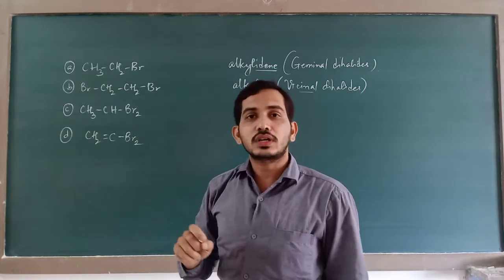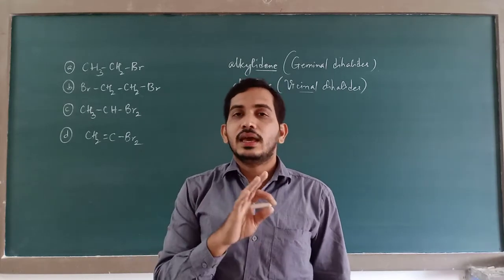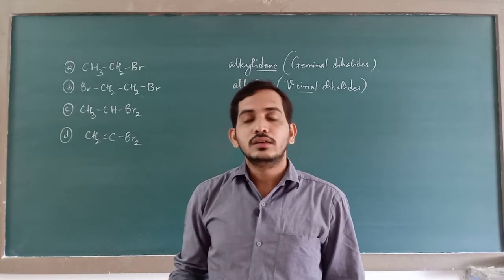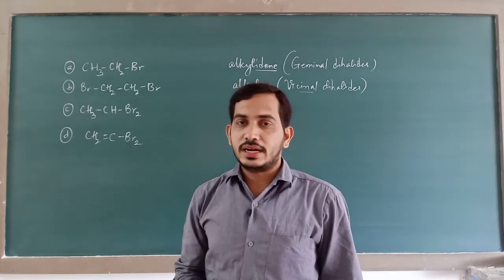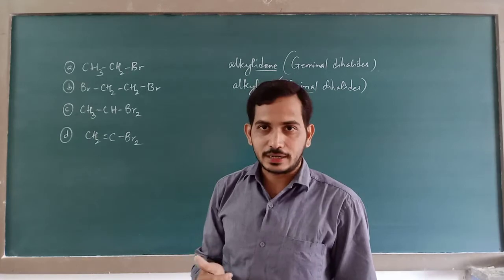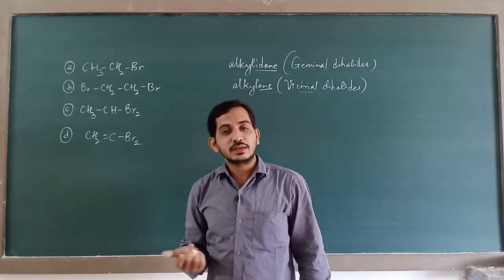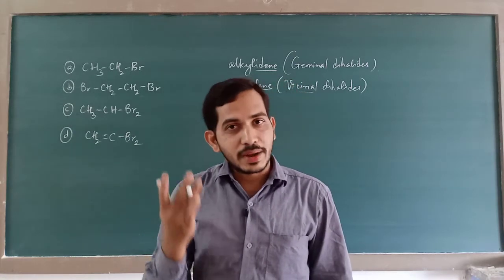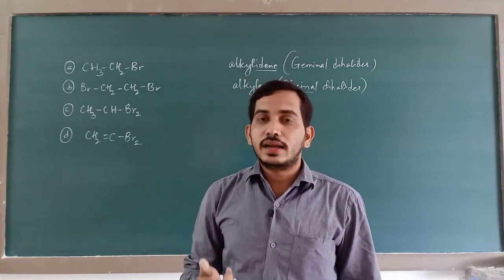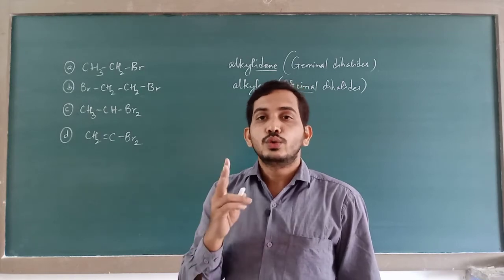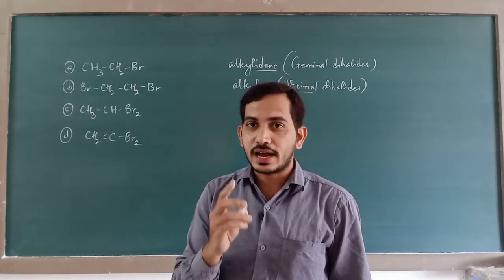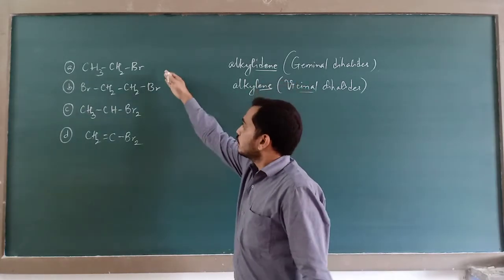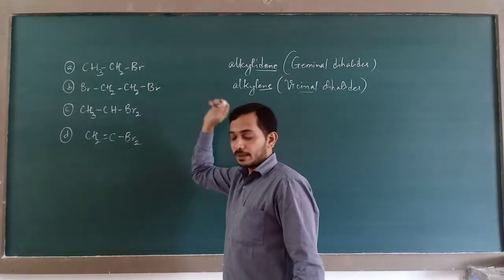And by definition, what is a geminal dihalide? Any dihaloalkane or simply a dihalide which contains 2 halogen atoms attached to same carbon atom. And what kind of 2 halogen atoms? Both the halogen atoms are supposed to be same. So geminal dihalides are those dihaloalkanes in which 2 same halogen atoms are attached to same carbon atom. Now find out among these where one such example is.